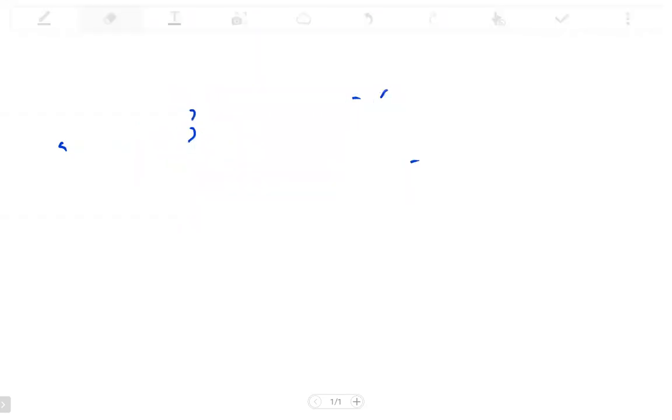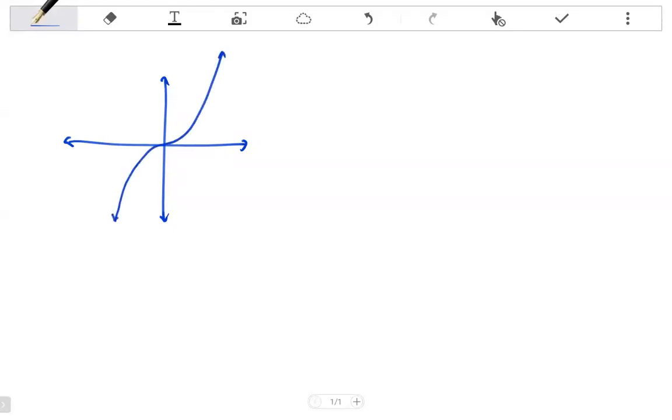Let's try one more example. Let's try an example where we aren't using absolute value. Let's say we're using x cubed. So y equals x cubed,